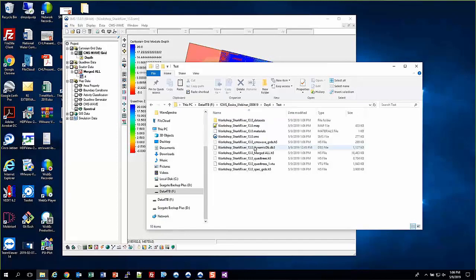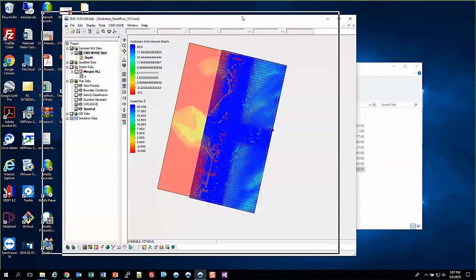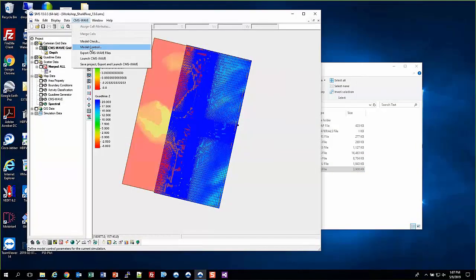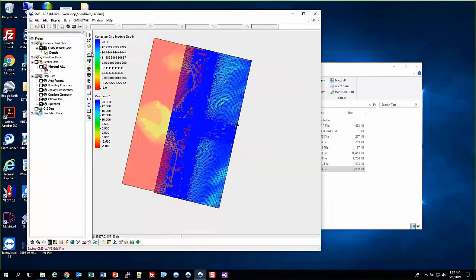We have the datasets folder, which we've always had. We now have grid, CMS-Wave grid.h5. We have our bathymetry here, and we have our spectral grid also right there. Now these are not formats that CMS knows anything about, and so we can't really run with this. So what we have to do is to come back into SMS and tell under CMS-Wave, we need to export the files that we need to run with. So here we will export CMS-Wave files,